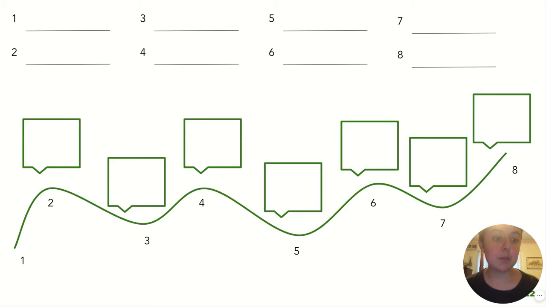So here's a roadmap. Eight points maybe is not enough for your chosen solution, chosen intervention, but this just gives you a starting point. At the top, you're going to list the current realities. So you're going to say, what is it like to be at this point? What is it like to experience this? And then in the little question box,